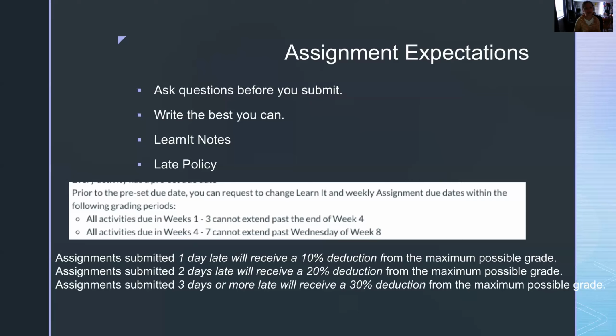And finally, we have a late policy. Now, please understand, there's a reason why I teach communication and I don't teach math, because I hate doing math. And if something is late, I have to do math. So please don't make me do math. If you see that you're going to be late or that you need some more time, just message me and ask me, and I will give it to you. Just communicate with me at the front so that we can work together.